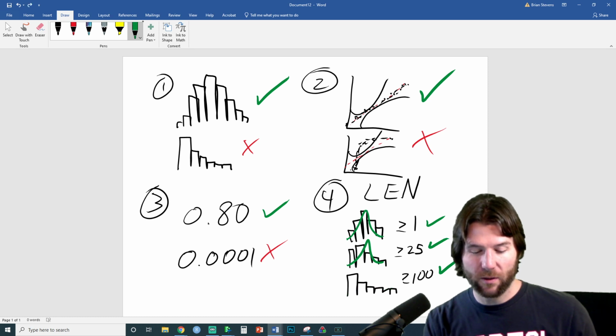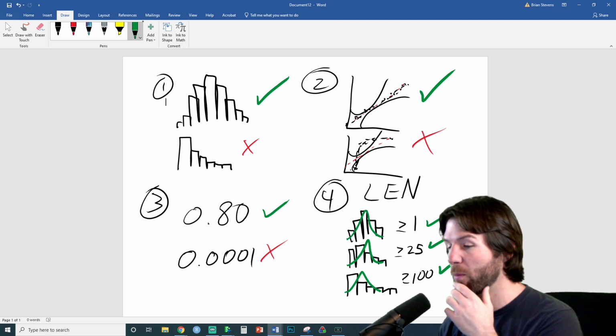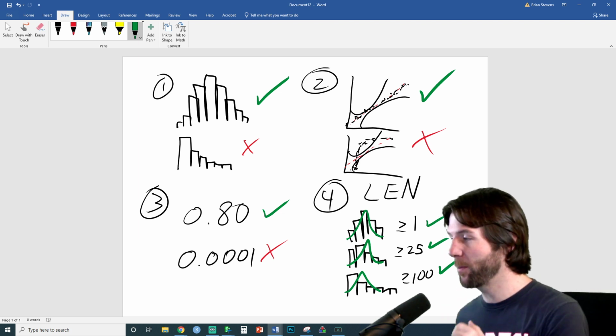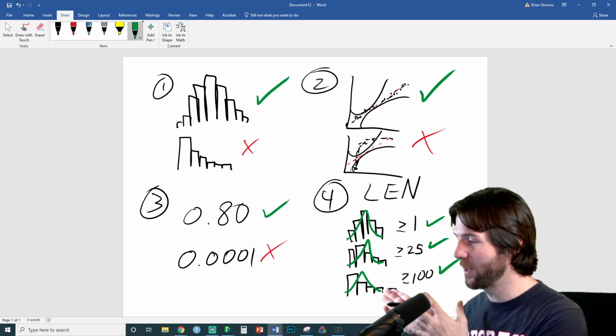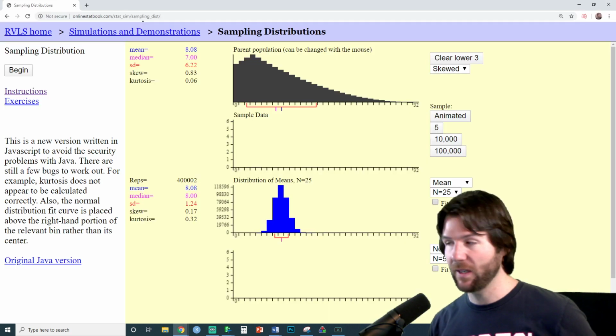And the mean would be closer to here. There we go. Try to draw it as good as possible. These are distributions of the mean. We're not looking at the parent population. The parent population is the black distribution right there. The distribution of the mean is the green distribution, which you see via this applet right here.